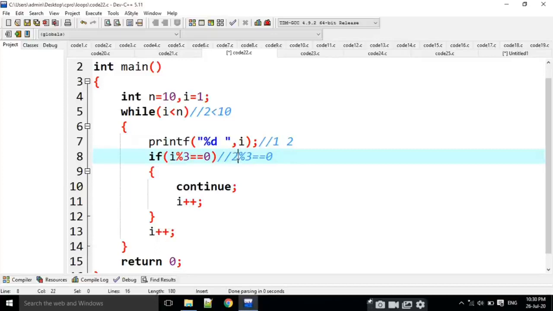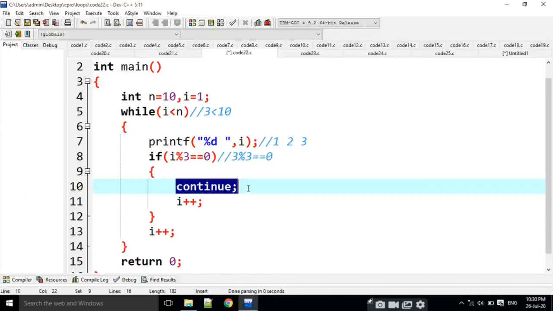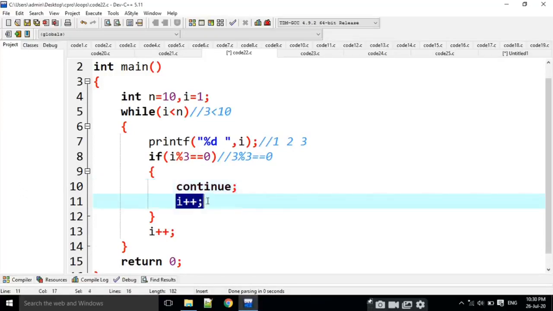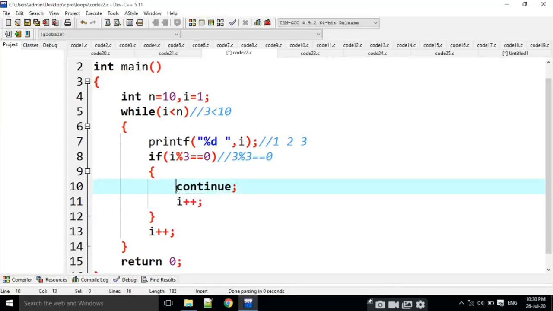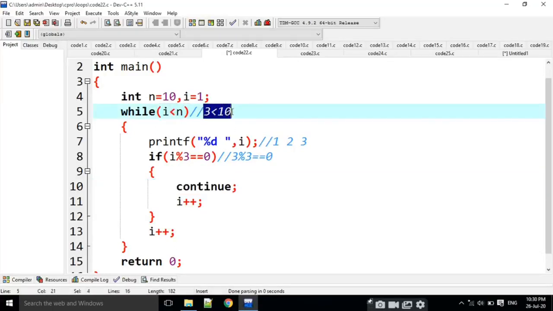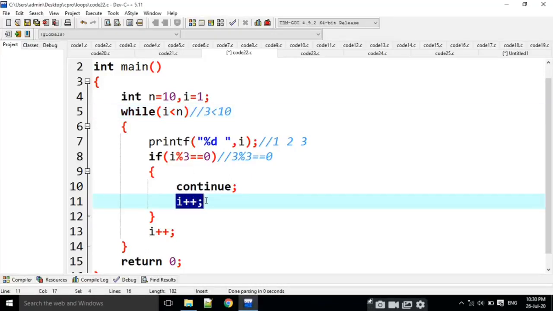Then it is going to check whether 2 is divisible. No, not at all. Then this statement is executed. Then i becomes 3. 3 is less than 10. Yes, 3 is printed here, and I am going to check 3 mod 3 is equal to 0. Yes, it is true. Then continue is raised. If you observe, after continue, the statements are never executed. If continue is raised, it automatically goes to the loop again, and it is going to check that 3 is less than 10 only. This line is never executed. Why? Because it is after continue.